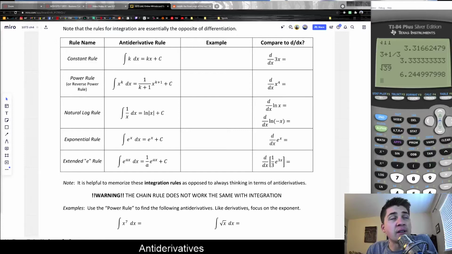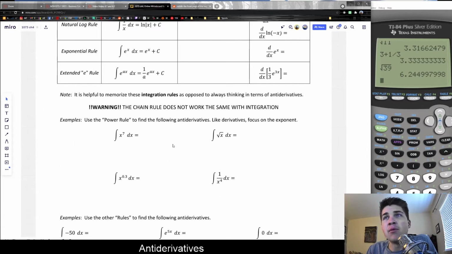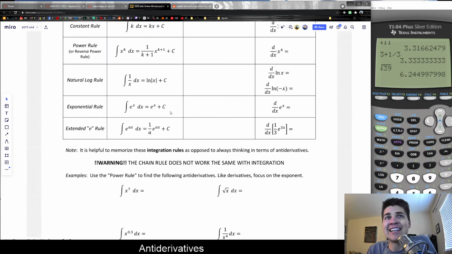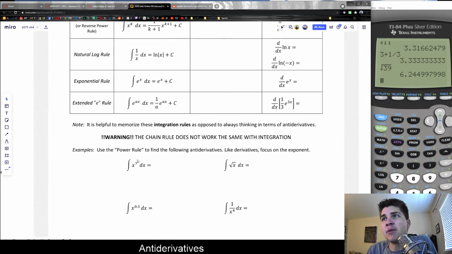Last week in class, we talked a lot about our rules for integration. I wanted to do a few more practice ones from the packet before we get into 4.2. So let's practice using things such as the reverse power rule and the rules for natural logs, exponentials, and so forth to solve antiderivatives. And just to recap quickly, the main message from last class is that we use the integral